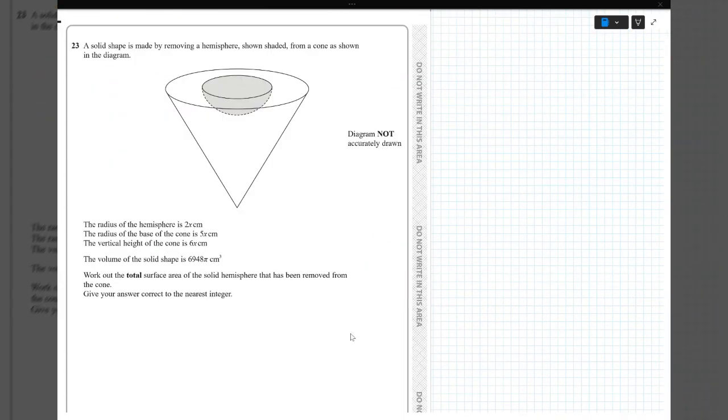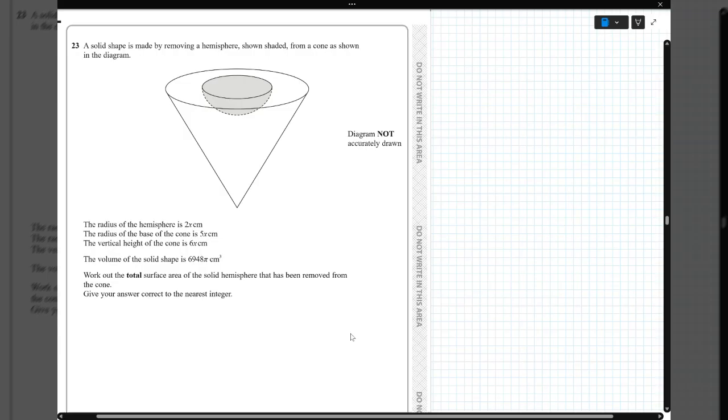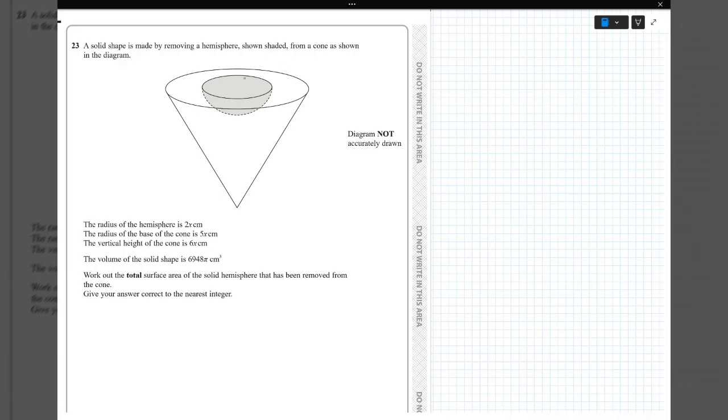Okay, question 23. If any of them is going to take loads of time, it'll be this one. A solid shape is made by removing a hemisphere from a cone, as shown in the diagram. So we've got a massive cone, they've taken away a hemisphere. The radius of the hemisphere is 2x. The radius of the base of the cone,